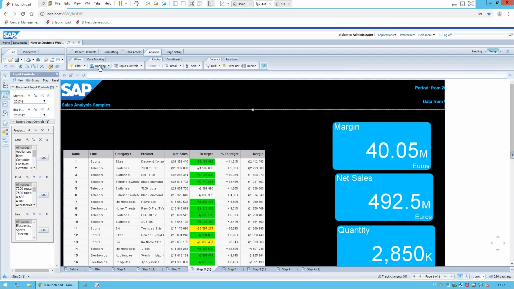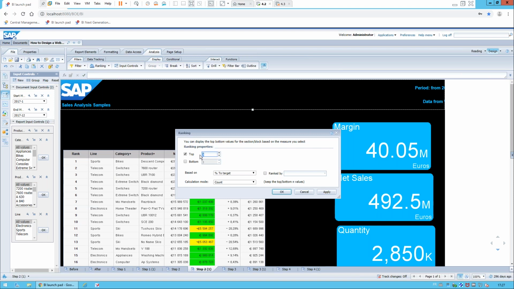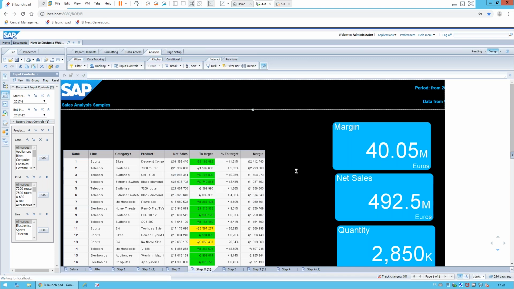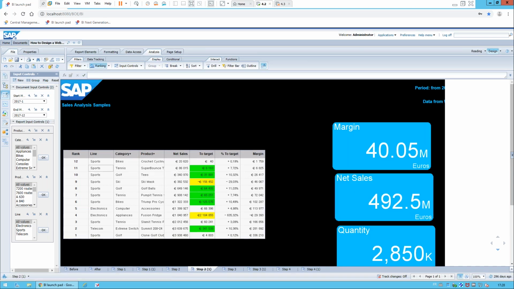So go there, ranking. Okay. I've worked out that I need approximately 12 lines plus the header to make the size I want, and it's according to the ranking, okay, which is there. So here we are. Table now is controlled to the top 12